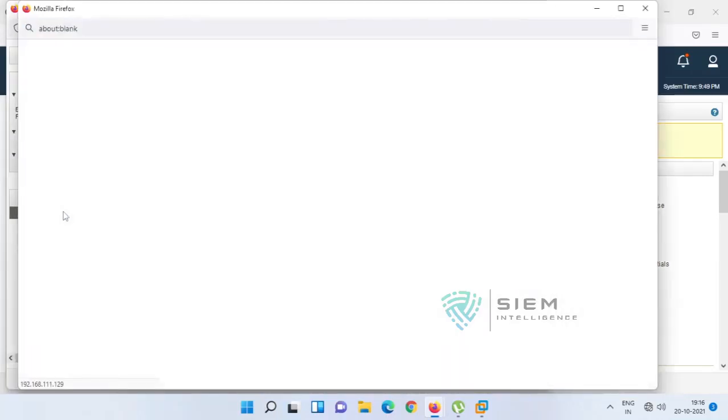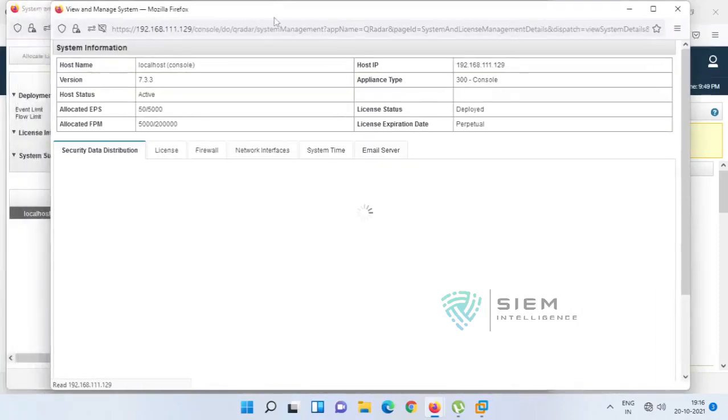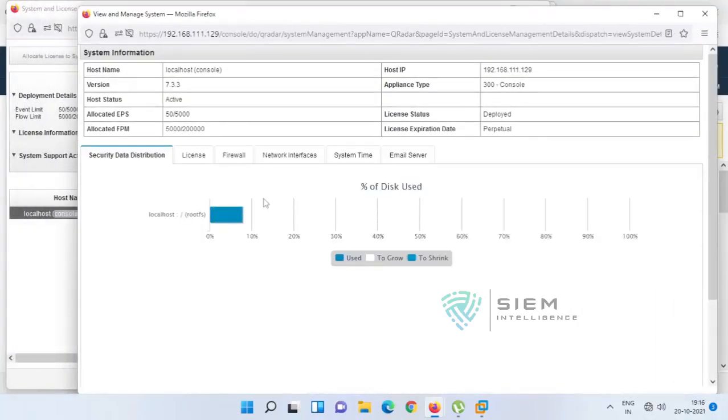Just double click over here. You will be taken into some of the things I said. First and foremost, it will give the disk space utility. What is your disk and how much it has been filled, along with the database. You can say both Ariel as well as PostgreSQL. Out of 100, it is around 7.6 of 18.6 GB.